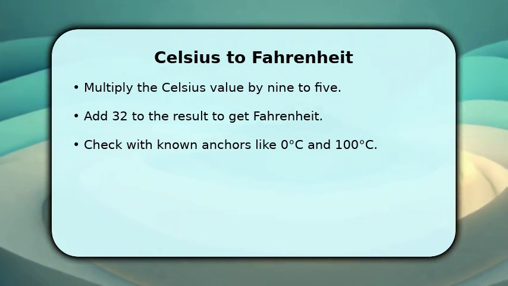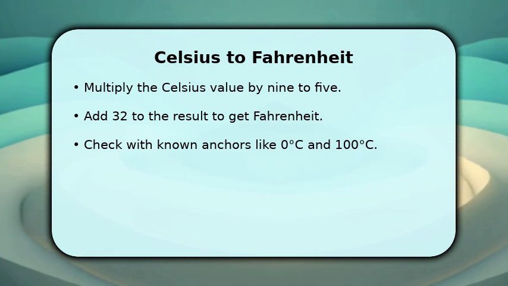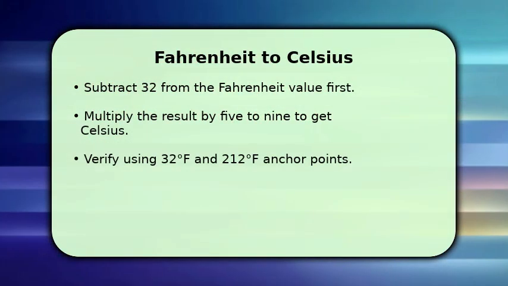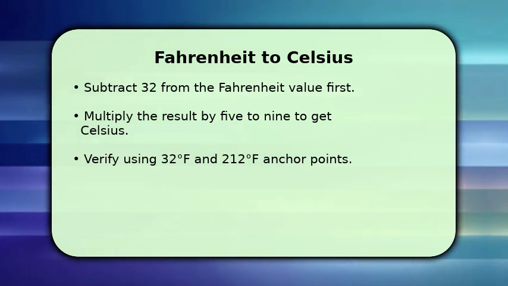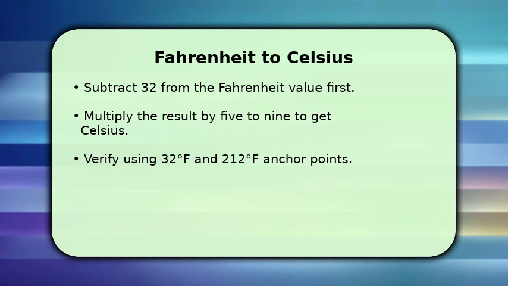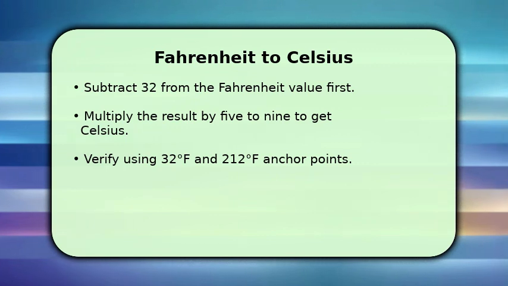To go the other way, subtract 32 from the Fahrenheit value, then multiply by 5/9, and I'll show an example together so it's easy to follow. For example, 77 degrees F minus 32 equals 45, times 5/9 equals 25 degrees C, and I'll explain common pitfalls like negative temperatures. By practicing both directions, you'll spot mistakes quickly and